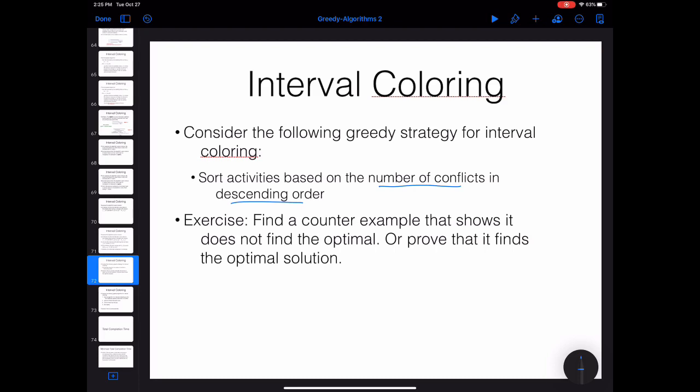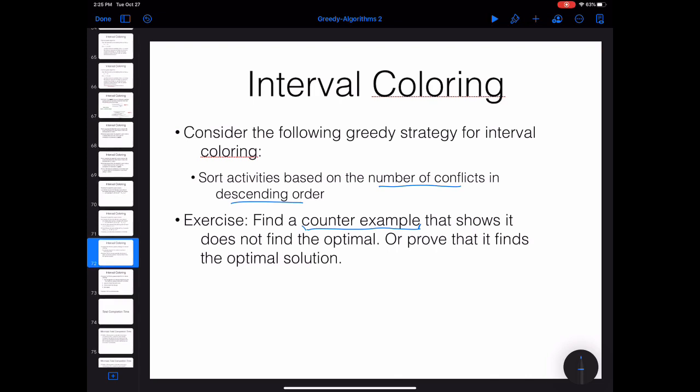What do you think about this strategy? Is this going to be an optimal strategy or no? If no, you need to just find a counterexample. If yes, you have to prove that this is going to give you the optimal answer. This is one exercise, and the other one is